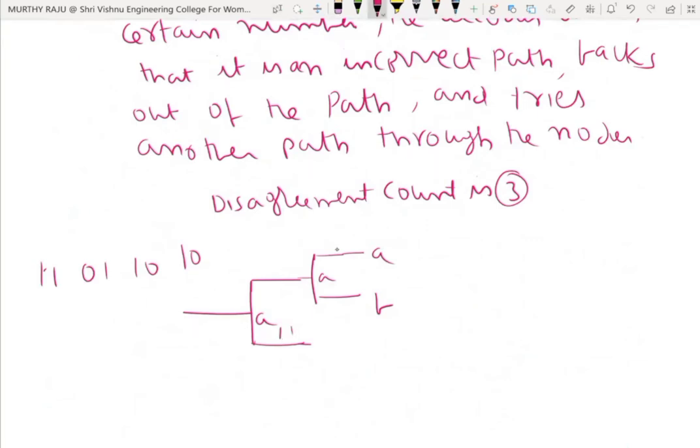Here 0 0, 1 1. The first received code word of length 10 bits is 1 1. Compare these two encoded code words on the branches of these two paths. Here 0 0, here 1 1. The discrepancy count is 2. Here the count is 0. Therefore, the decoder follows this path, the lower path.